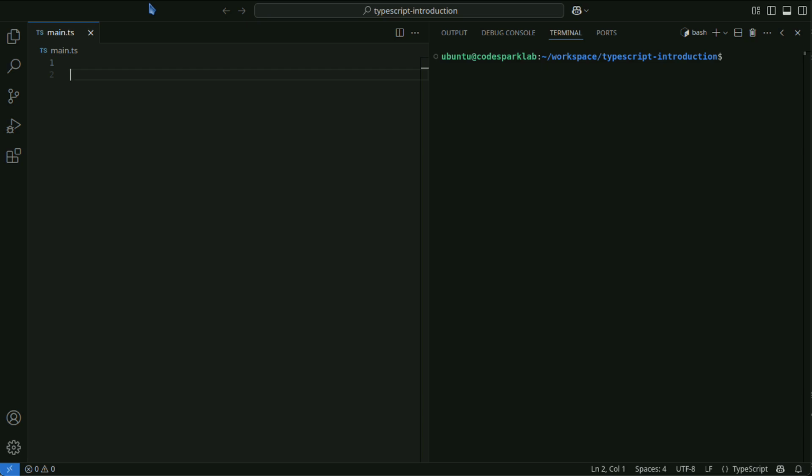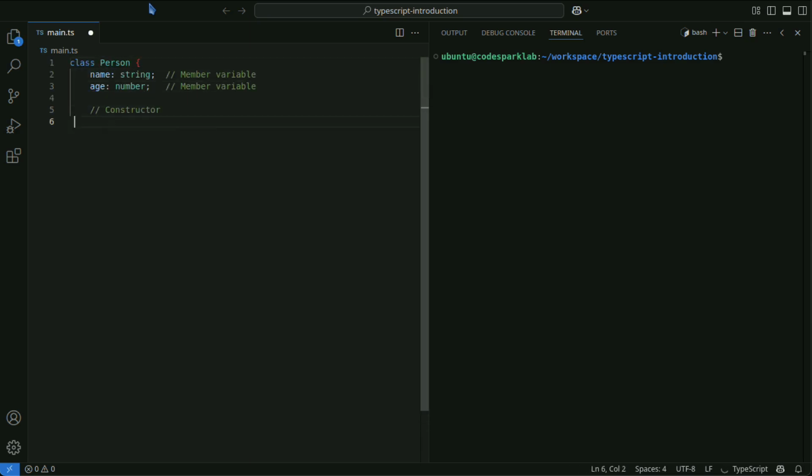Classes in TypeScript are based on JavaScript's ES6 classes and offer additional features like type annotations and access modifiers. This allows you to leverage the concepts of object-oriented programming while ensuring more robust and clear type safety. Below are explanations of the basic usage and features of classes in TypeScript. Let's look at a basic example of class definition.